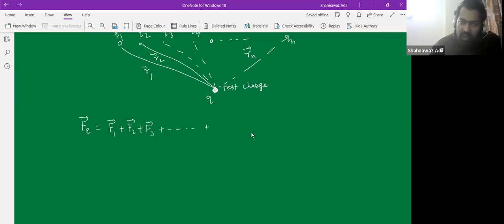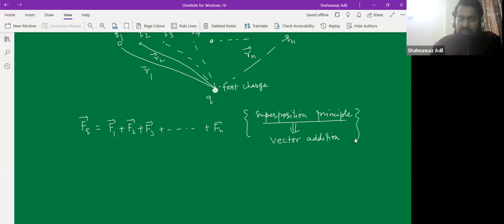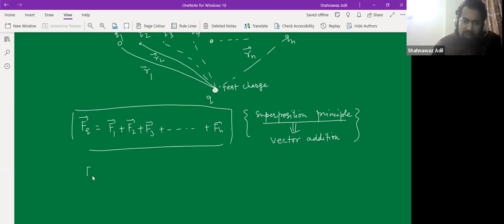Right, so this is what we call the superposition principle. The important part is that it says the force would follow vector addition, not simple algebraic addition. So how much would be the force due to multiple charges? This would be